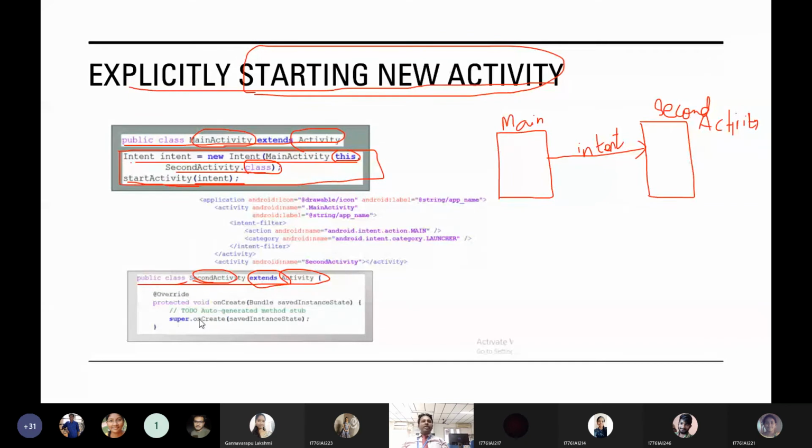And within that we have so many life cycle methods. One of the life cycle methods is onCreate. Within the onCreate you can perform the operations. Okay, one small example. Now, along with these two activities, we have to look into one more file,